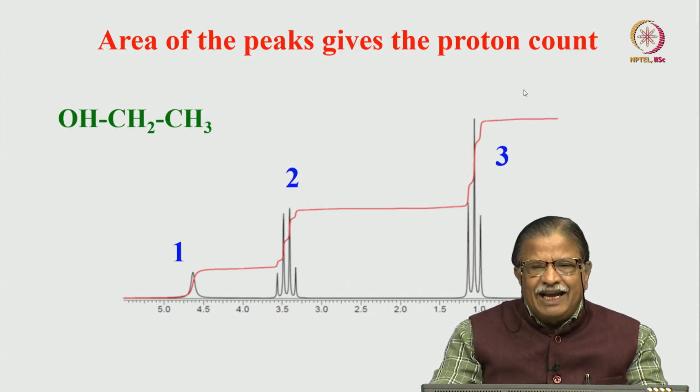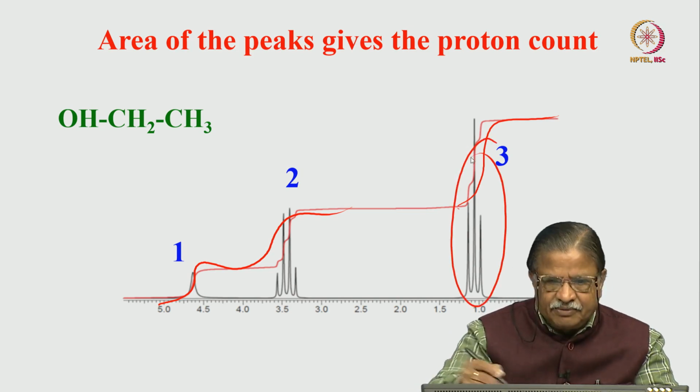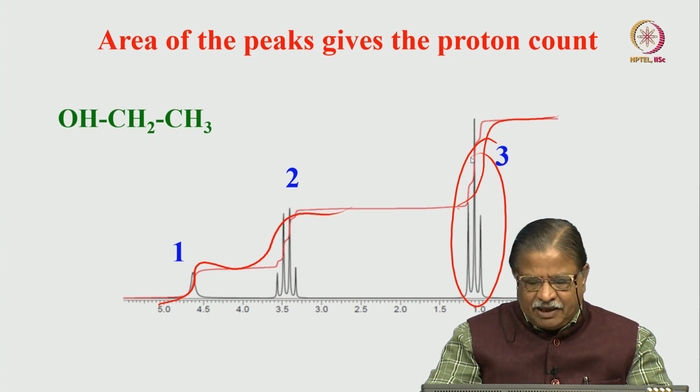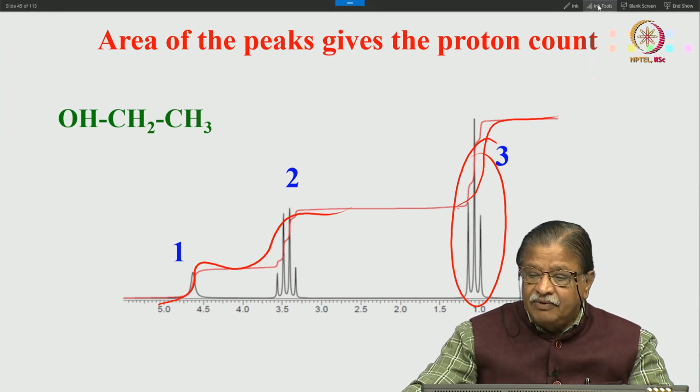And if I take any NMR spectrum, normally if you go and take a spectrum, the spectrum is given along with a certain curve which is written at the top of it. This is called an integral curve. That means it gives you the area under the peak. This area of the peak gives you the proton count in that particular peak. For example, in this example what I have shown here, we have